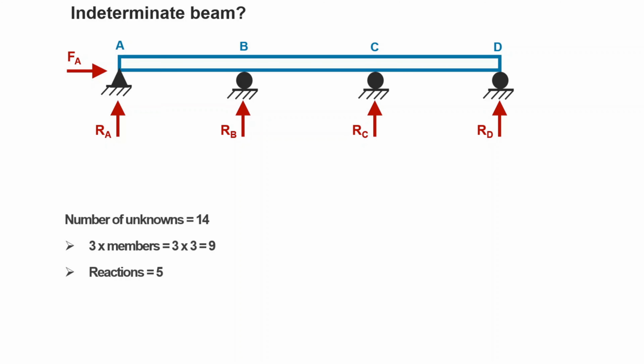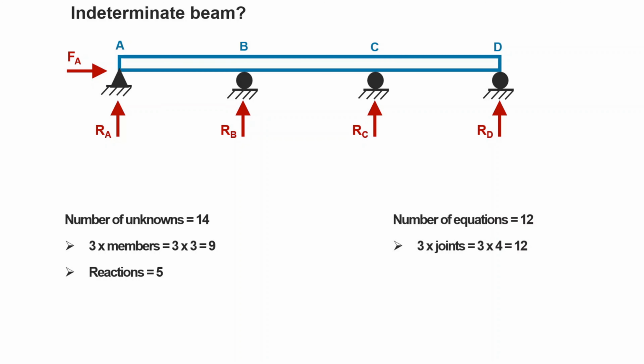So we know that the number of unknowns in this structure can be written as 3 times the number of members, because each member in the plane has 3 unknowns, which are shear force, moment, and axial force. So we have 3 members, 3 times 3 is 9, and we have 5 reactions. Altogether, we have 14 unknown